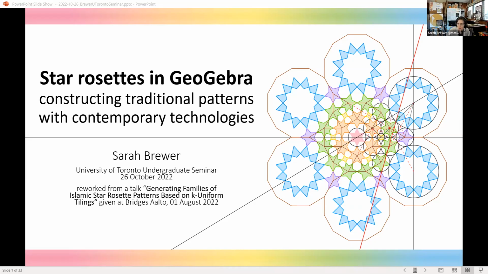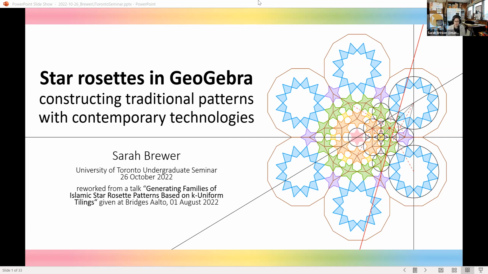Hey, everybody. Share my slides. So like Parker said, my name is Sarah Brewer. I'm an artist and a mathematician, and for the past year and a half or so, most of my artistic and mathematical research has involved a study of traditional Islamic star rosette patterns, mostly in relation to circle